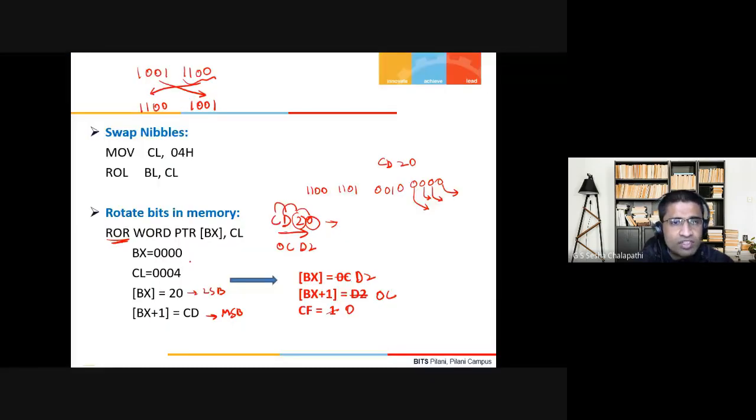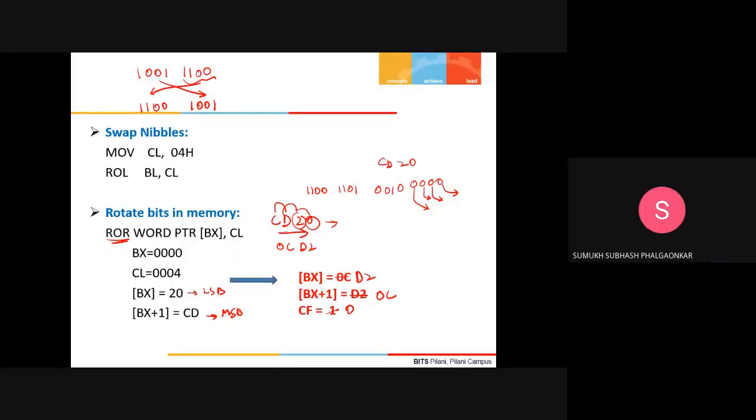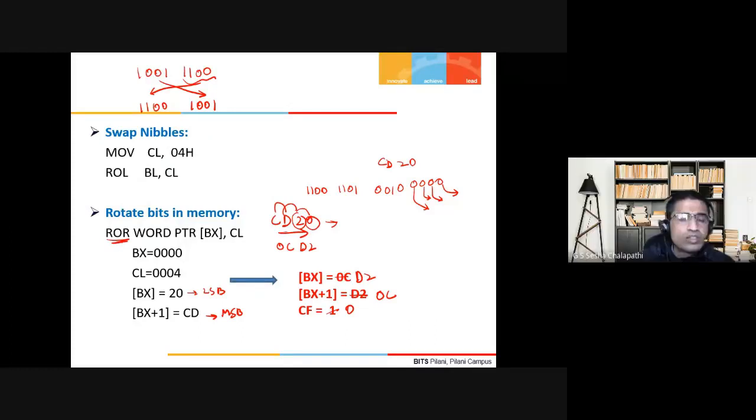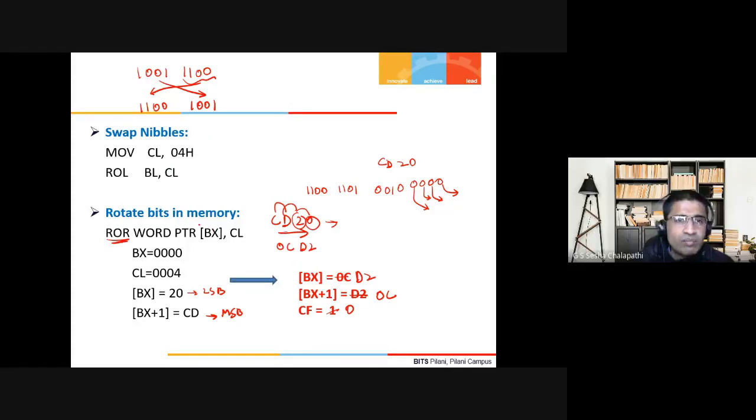The count here is 4, CL is 4. Could you explain this again, the rotate bits in memory part? Yes. You have ROR WORD PTR [BX]. BX has 00 here, CL is 4. The memory at location BX is 20 and BX plus 1 is CD.